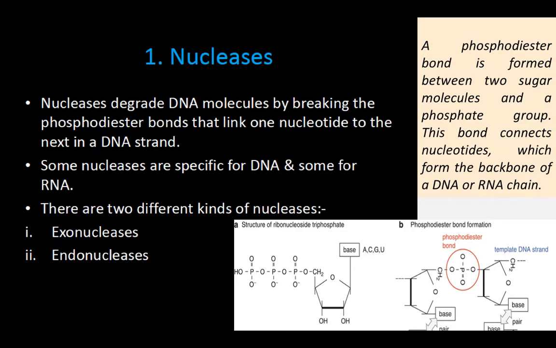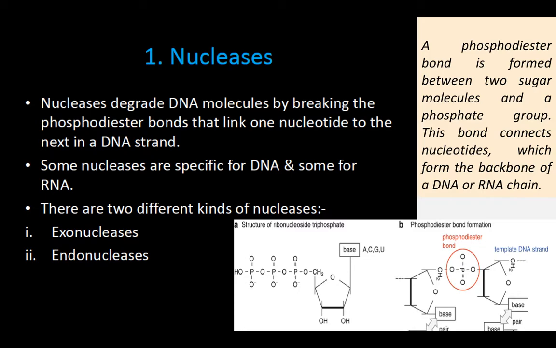Do remember, this bond connects your nucleotides and is responsible for the formation of the backbone of your DNA or RNA chain. So this particular bond is known as a phosphodiester bond. Now what do we require? We require to cut this bond. Why do we have to cut it? Because we require our gene of interest. Yes or no? When you require the gene of interest, you require to cut the DNA molecule. Because what is a gene? It's a segment of DNA. Whatever your DNA is, it's a large molecule. You require the segment. So what you try to do? You try to cut that particular molecule.